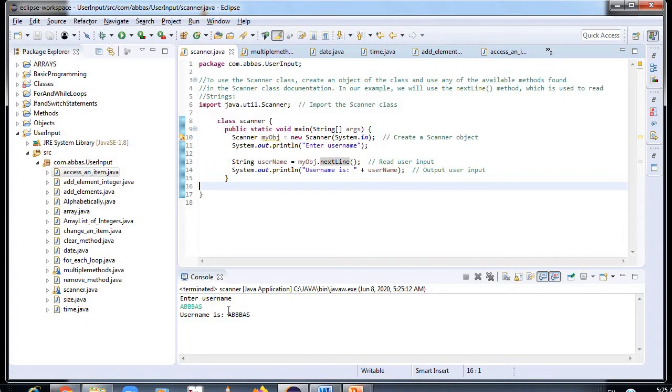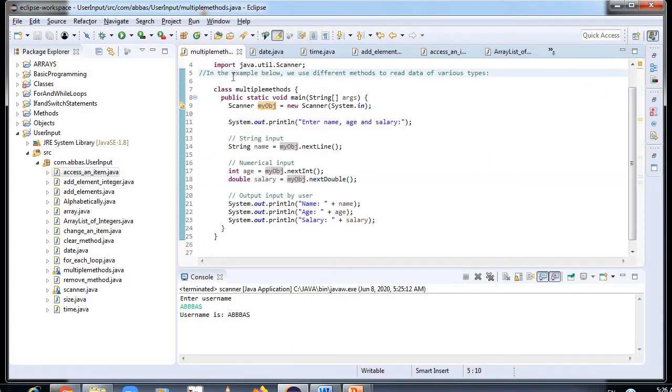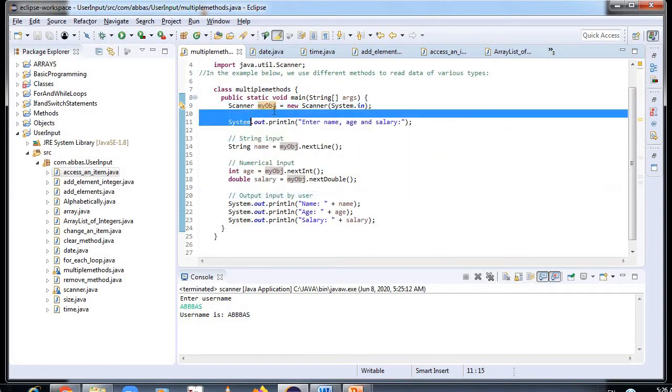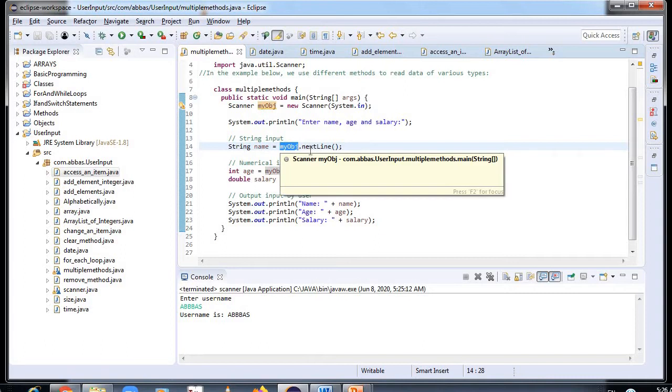Now the other program that we'll be doing is multiple methods. In the example below, we use different methods to read various data types. First, I created a class by the name MultipleMethods. Here I need to create an object, and after creating the object I have to use the methods.